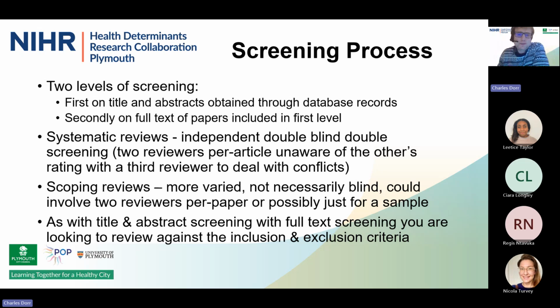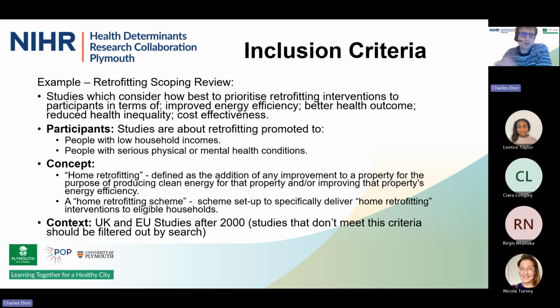And as with the title and abstract screening, with full text screening, you are looking to review against the inclusion and exclusion criteria. So that's the critical thing. So if we take the example from the retrofitting scoping review, here's the inclusion criteria, which is organized on a PCC framework, so participants, concept, and context. So we were looking to